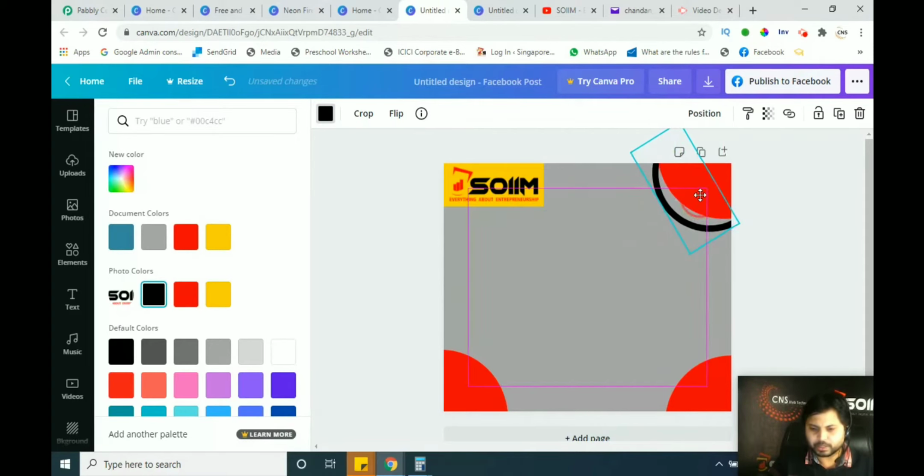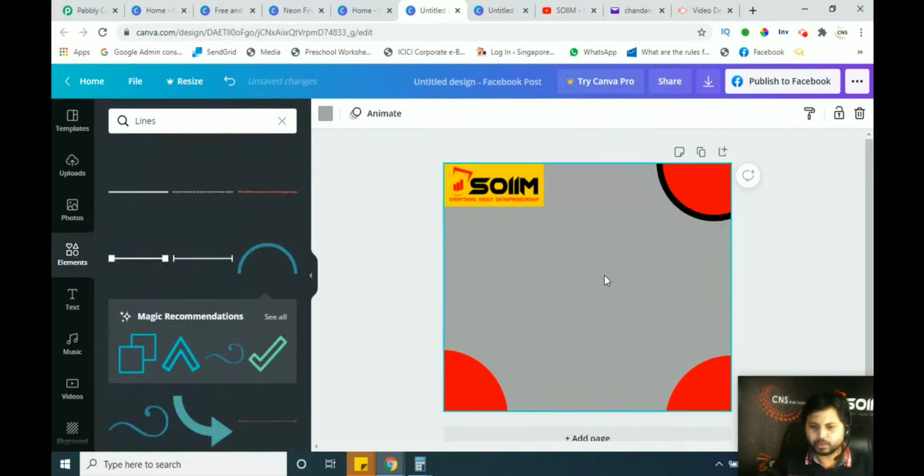So it will be covering like this, it will just cover and make a border. So you can see here, now it is looking more perfect, more good here. So we have given a border to the red color, which is in the top right corner. If you want to make it again, simply click on this same black color, make it copy and paste